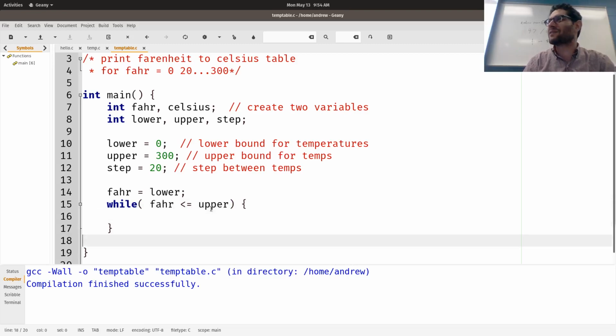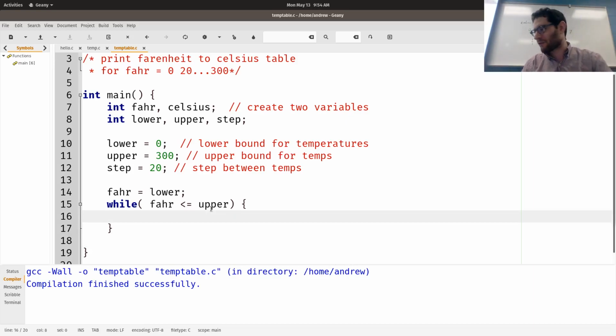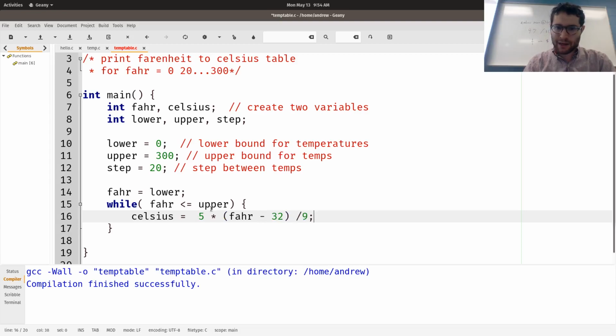Yes, it is, so this loop will run. So long as I don't put anything in here, it will run forever, what we call an infinite loop. So Celsius is equal to 5 times Fahrenheit minus 32 divided by 9.